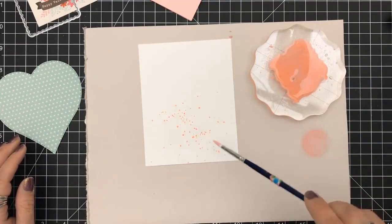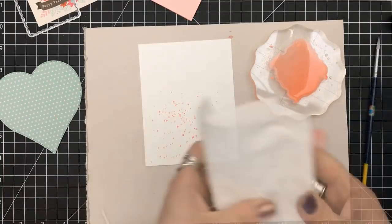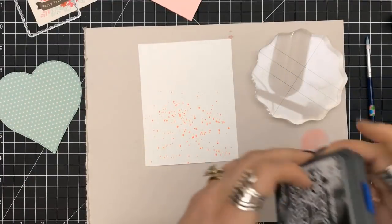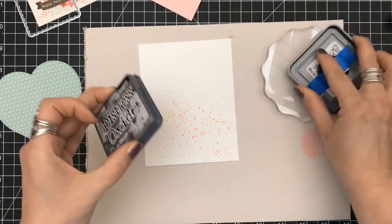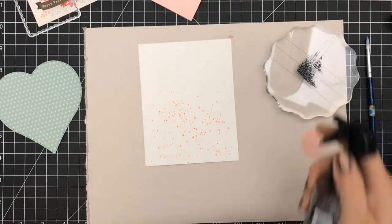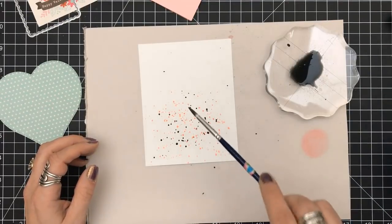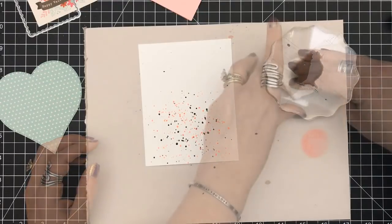I'm taking the oxide worn lipstick, putting it on my stamp block and creating some splatters. And now I'm going to pull in some black soot. And I'm going to do the same thing. I'm just going to put a little bit down onto my acrylic block, spray it with some water to water it down, and then picking that up with just a regular craft paintbrush, and then doing some splatters on that